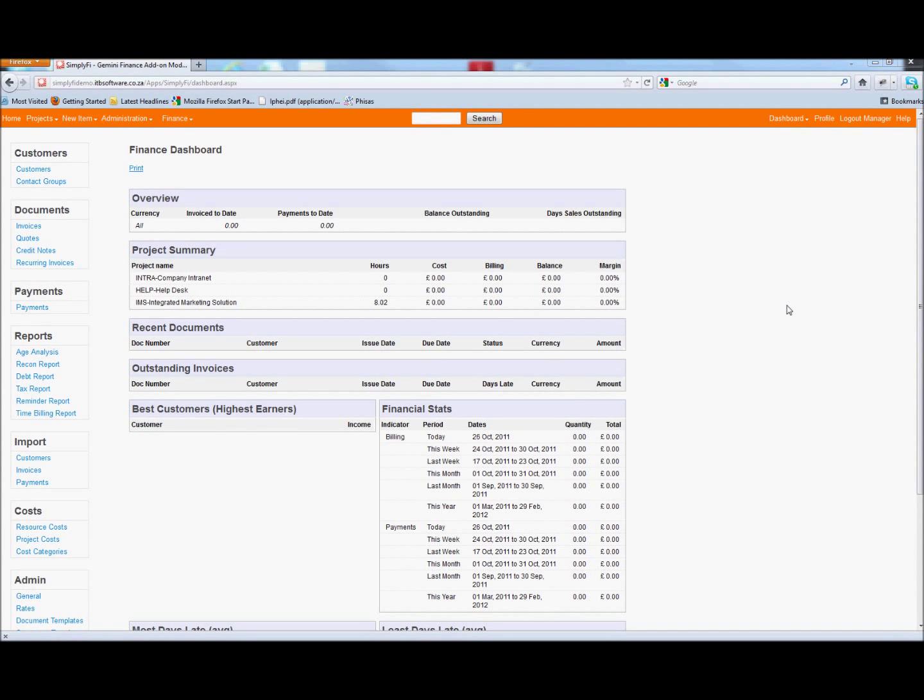SimplyFi is an official add-on for Countersoft's Gemini project management platform that allows you to automate your billing and credit control processes. Before we get started, there are a few configurations that need to be set before you can begin to bill your customers. Firstly, any user who will have access to SimplyFi will need to have an API key